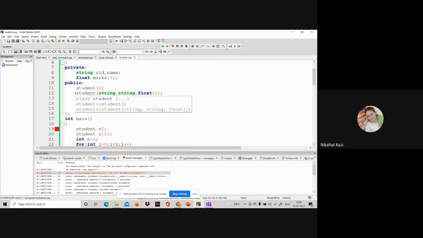In the previous example, we made this as default. That is why it is working. Otherwise, it will not work. It will try to find something in your program itself which is having no arguments, and it is not able to find it, so it will give you an error. So this is one of the rules which you have to follow. There are many such rules. We will look at all these.